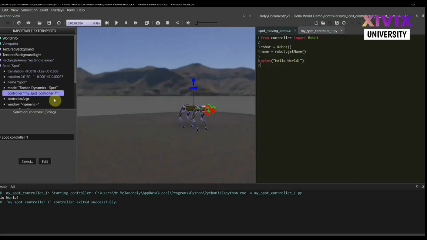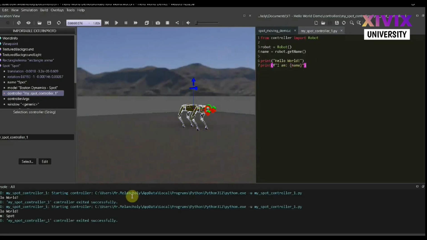Alright, now we can just add another print line to the controller. But this time I'm going to use an F string inside the print function. Well, inside the F string I'm going to pass the name variable we created. So it's going to print out the name of the robot in the console. Well, we have successfully executed our controller. Now it prints a hello world, the first print line, and following the